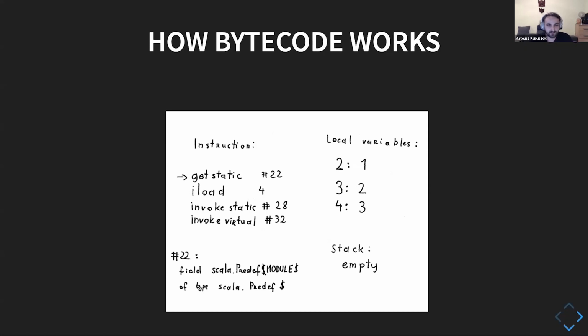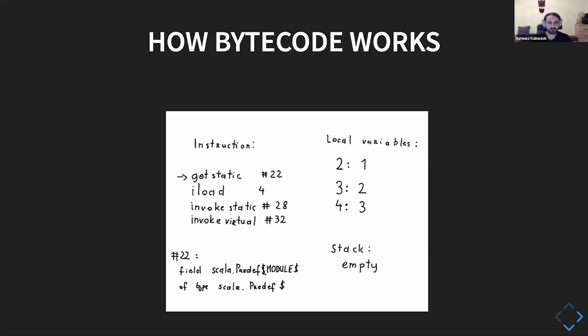As we said before, first we need to have this instance of the Scala Predef so that we would be able to call the method println on it. For that, we are calling the getstatic instruction. As I said, the JVM prefers us to use instances. Basically, the whole idea about the JVM and Java's design is that we should use objects wherever possible, and primitives are only used in special places for performance.